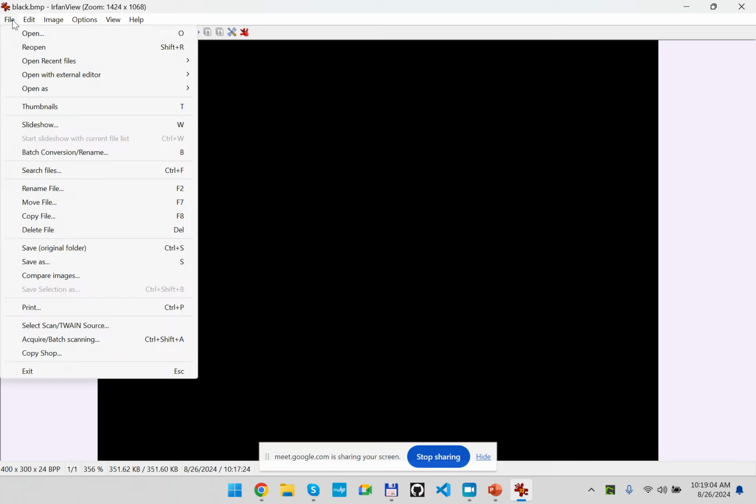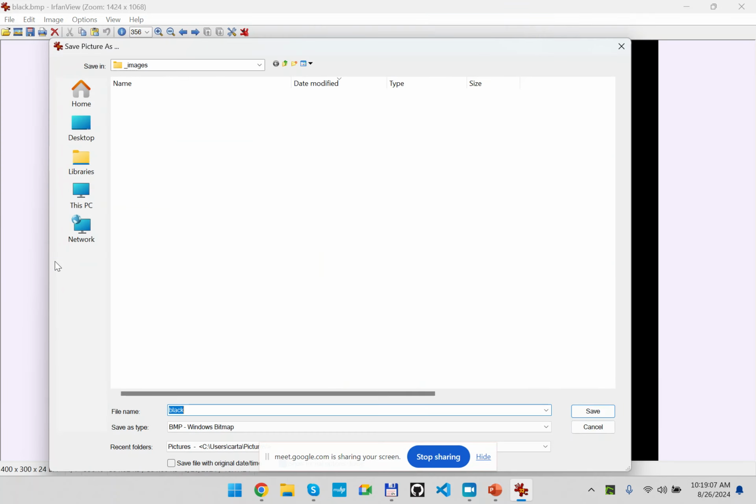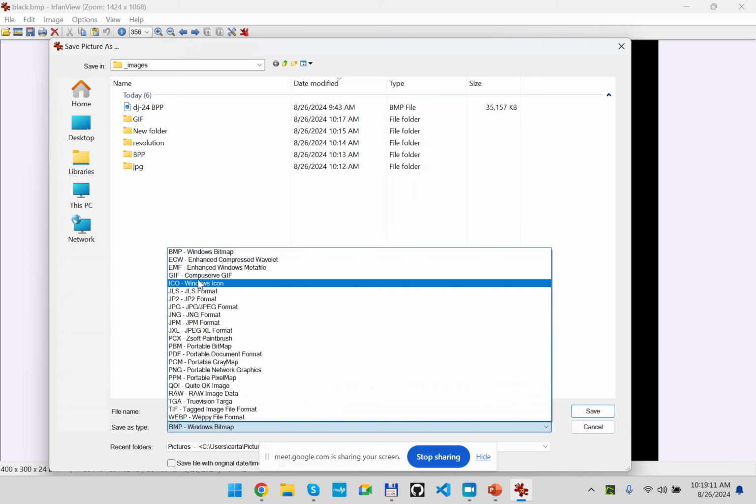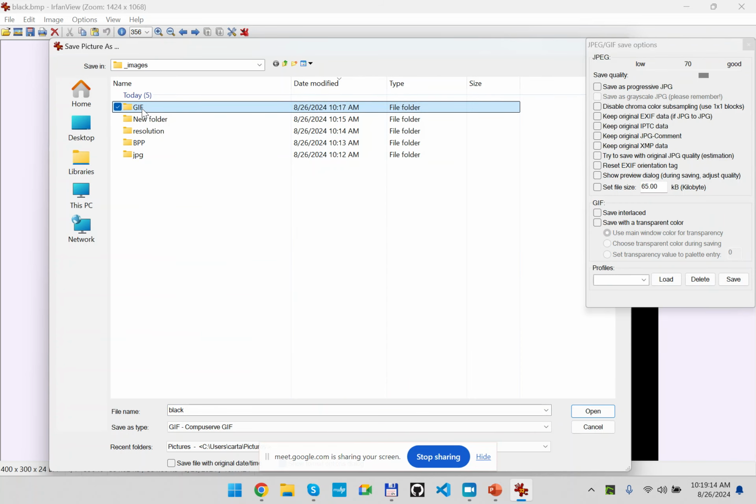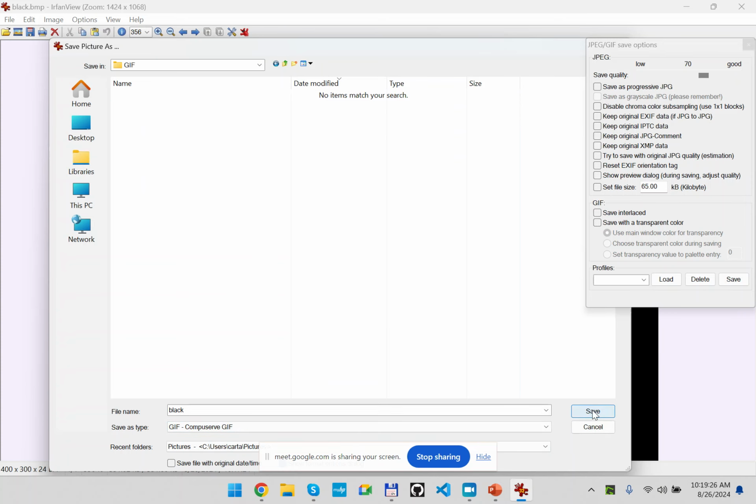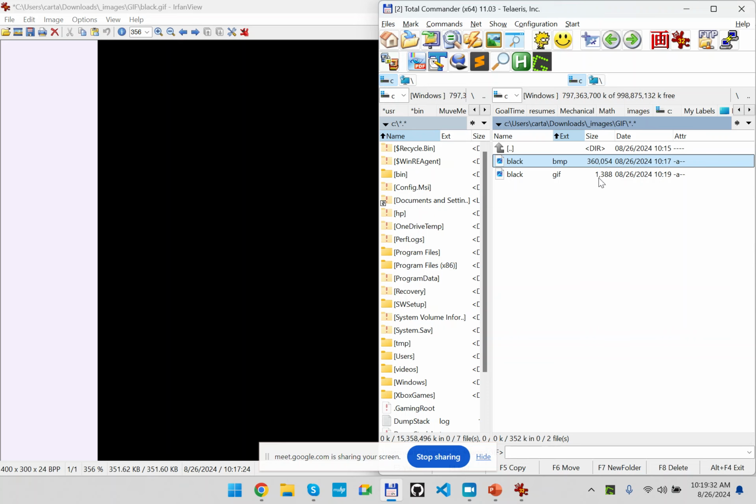So if we were to save this as a GIF, what size, if you look at that, it does an incredible job, almost 300% compression. Because basically it says, I've got one color and then continue in every single line, it's got the